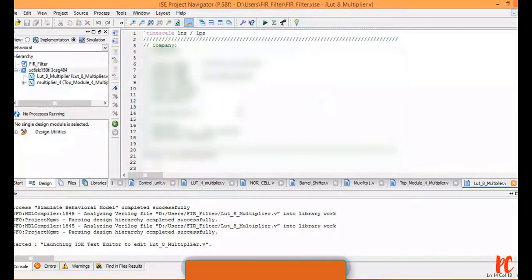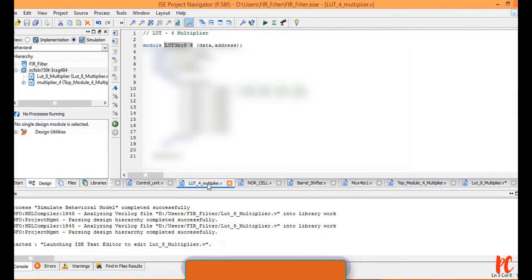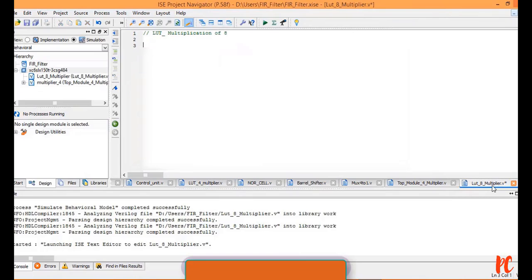Let me erase it all and define this as the LUT that performs the multiplication of 8. As usual, let me copy the multiplication of 4 and paste it here. I just need to change the values, with respect to multiplication of 8. Your data remains the same, your address remains the same, everything remains the same. Only the values need to be changed.